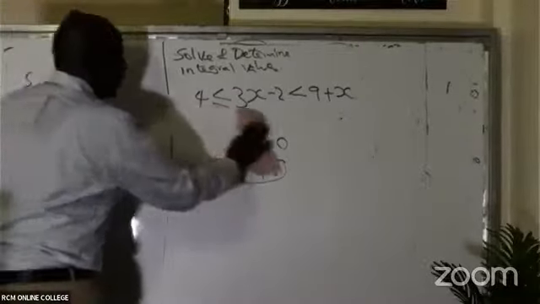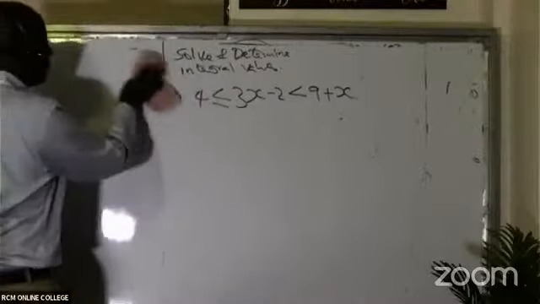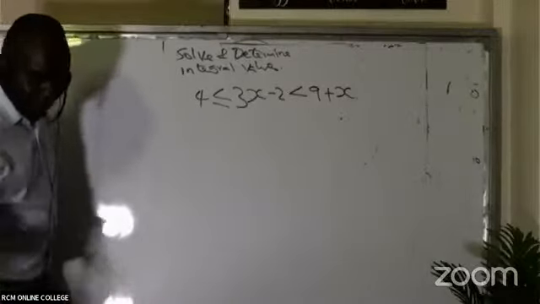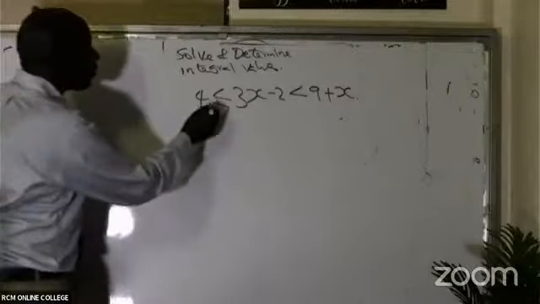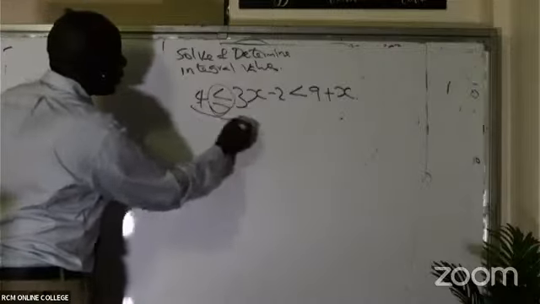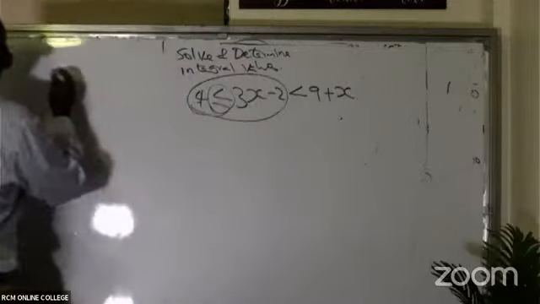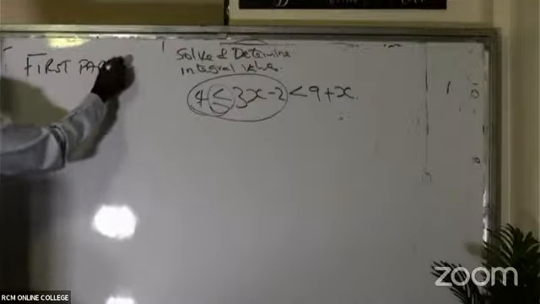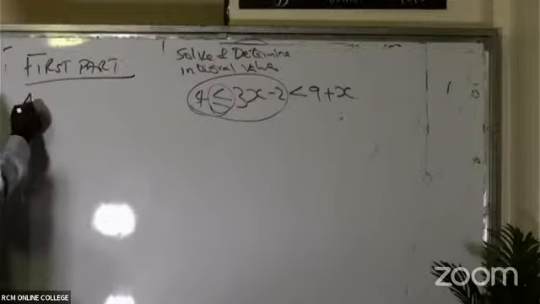So we start with the first part. The first part, of course, is this first inequality. You write like that. So the first part, ladies and gentlemen, we have here 4